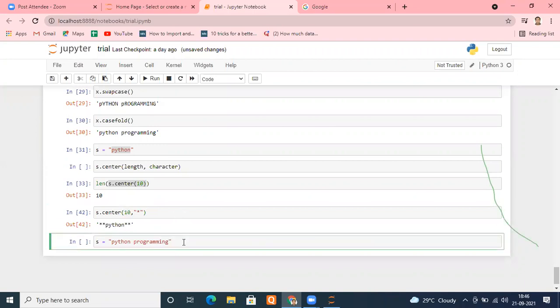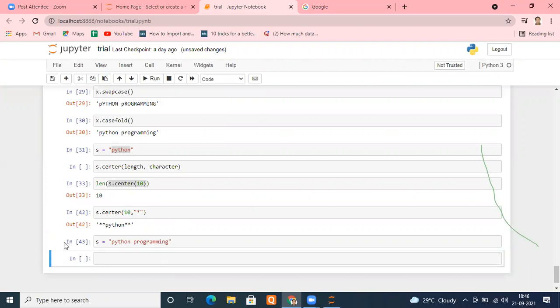Fine. So I'm coming back again. Suppose I take a string again, Python programming. And now there is a function known as the count function. It has a few arguments. The first argument is known as value, meaning what you want to count actually. Then your optional parameters, so I'm putting them inside the bracket so that you can understand.